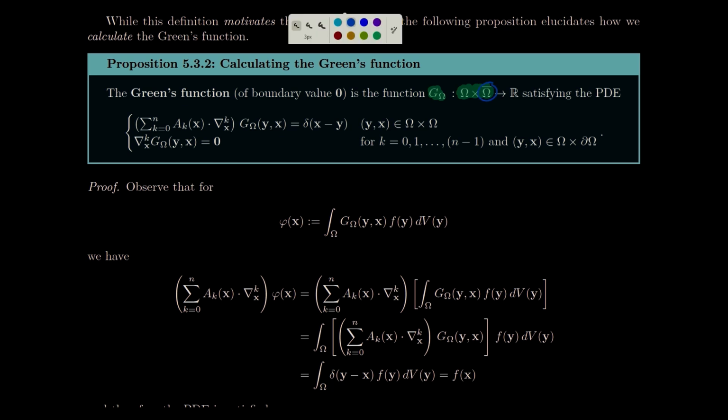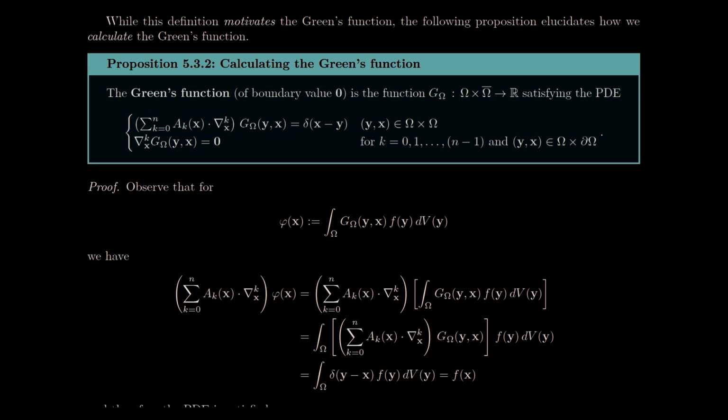Let's just recall really quick. This is defined by omega and its boundary combined. So that's called the closure of omega. So g is just a two-dimensional function on omega and its closure, satisfying that when you plug g as a two-dimensional function into the PDE, the original same PDE as before, and we take our derivatives in the x variable. So we don't really worry about this y variable, just kind of forget about it for now. So we're taking derivatives in the x variable, as long as that's this term here, as long as this function satisfies that when we compute our PDE operator against it, as long as we get the delta function out,